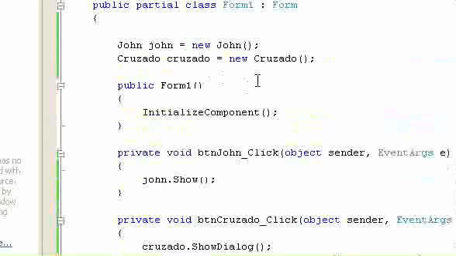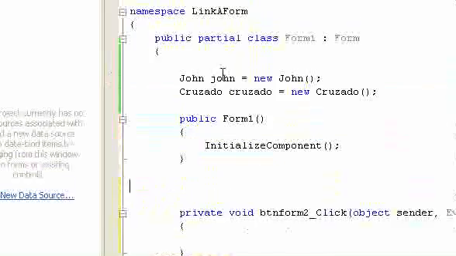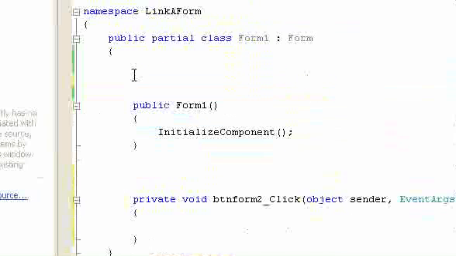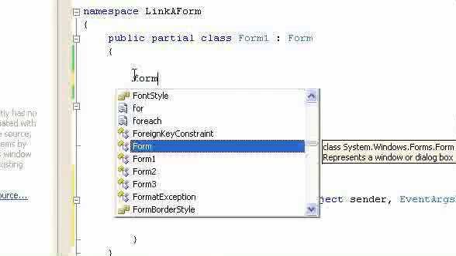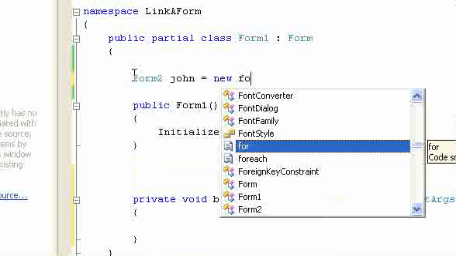First, you need to declare the form as a new form. How to declare a new form? The form name, which is the form 2, then the form that you want to name it. Example John, then new form 2.